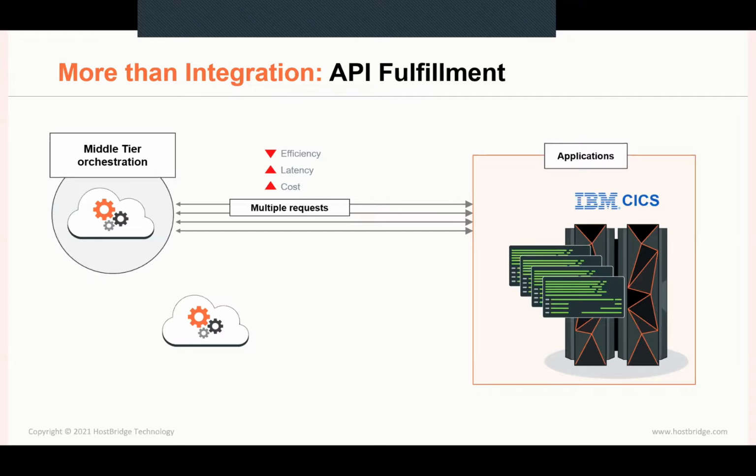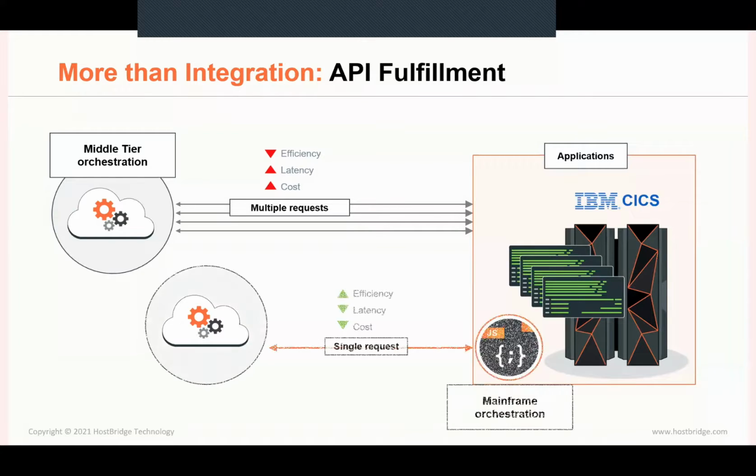And you're pulling data by screen geometry. With HostBridge, you'll send one request to the host. HostBridge, the JavaScript engine running inside of CICS, will do all the interactions with the applications and send back a single response. So if you've got a business process like change address that might take 5, 6, or 7 screens to walk through, start the application, find your customer, navigate to the change address screen, change the address, confirm the